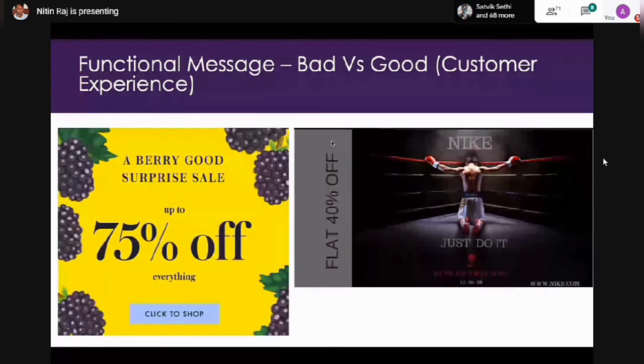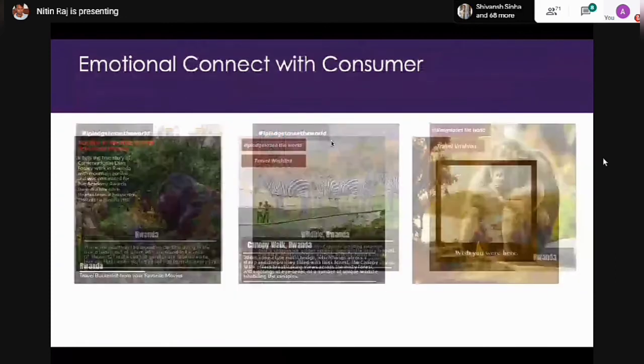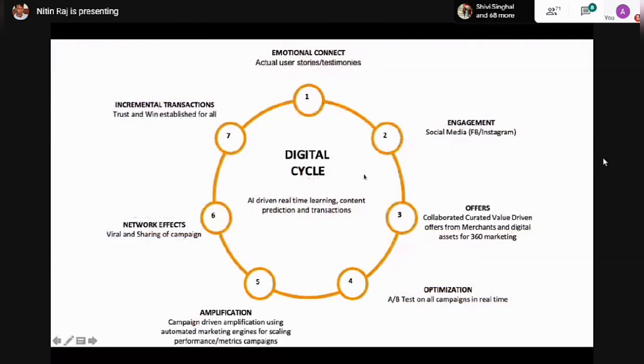Now, with 40% off, you might get only 300 visitors, but all the products would be 40% off. They'll have excellent customer experience. That's how they get engaged with the brand. Make sense? Yes, sir. Okay. Now, that's the piece of the social media of how you engage with the Facebook audience or Instagram audience.